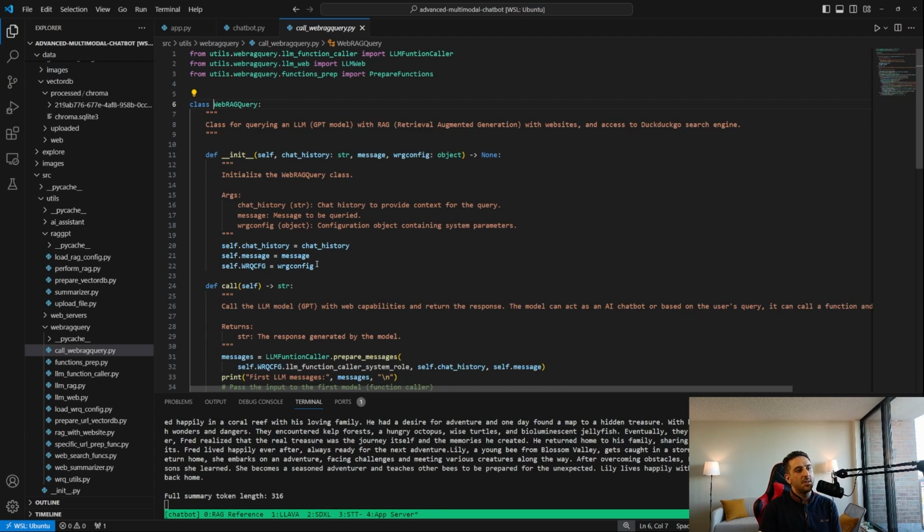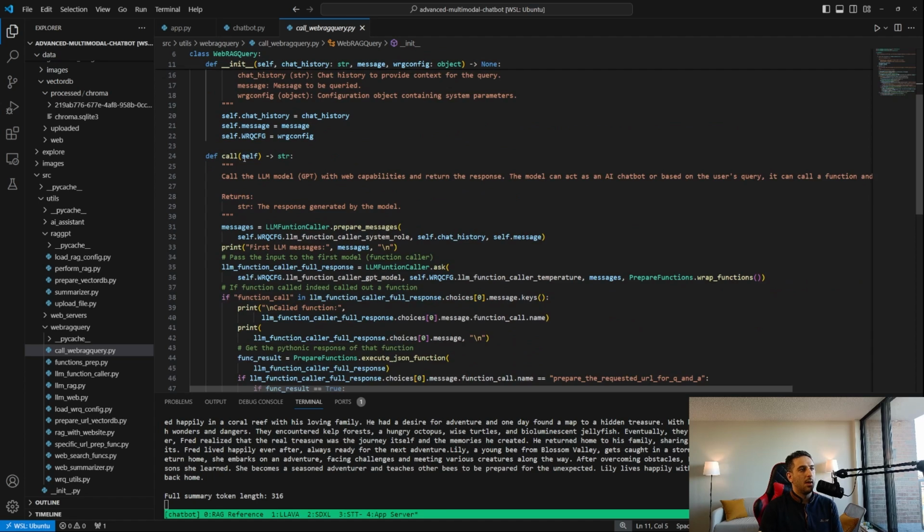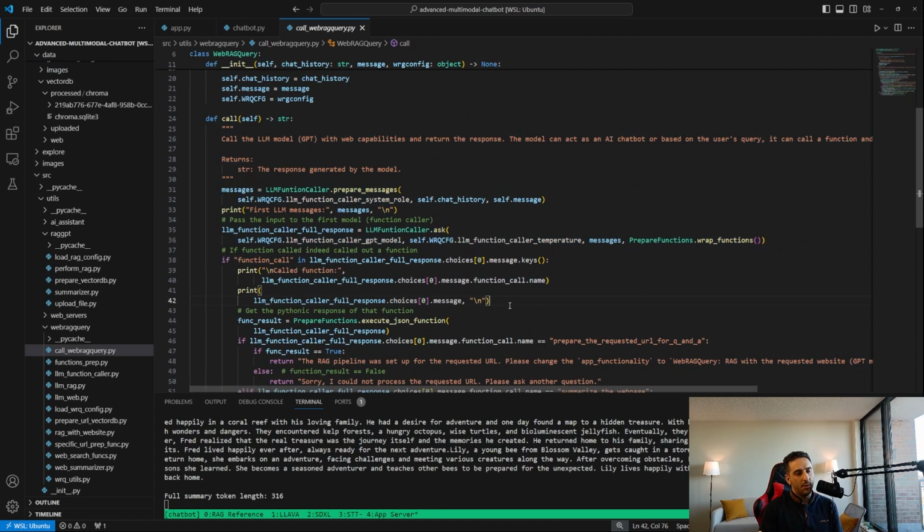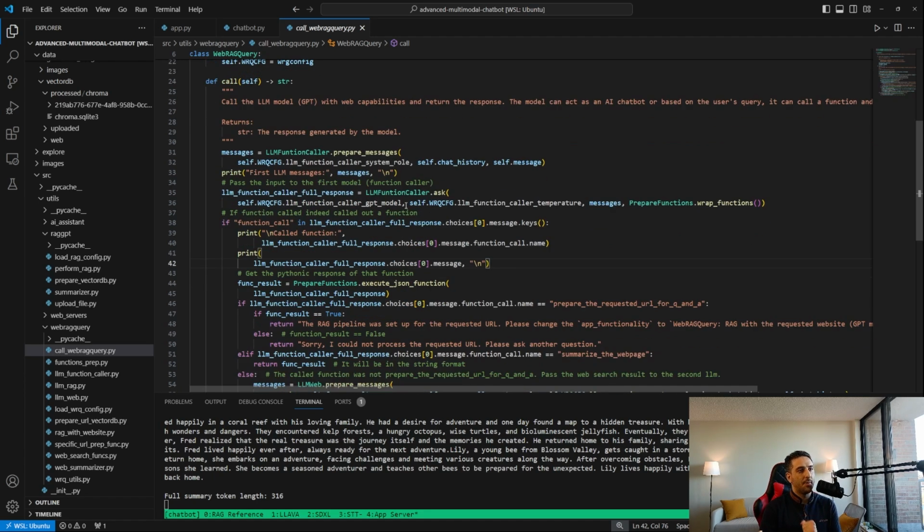In this class, first I have the init function, which initializes all the arguments. Then I have the call function. In the call function, I tried to provide you with all the necessary comments so you can easily understand what is happening here. First of all, we are going to pass the query to a GPT model. That GPT model, which I'm calling GPT function caller, is going to get the query and give us an